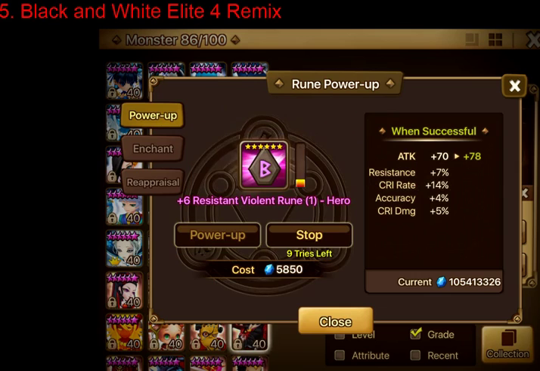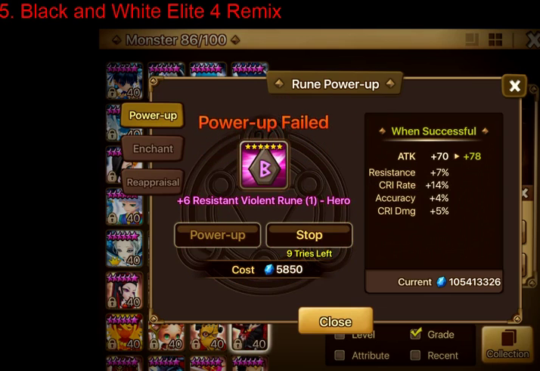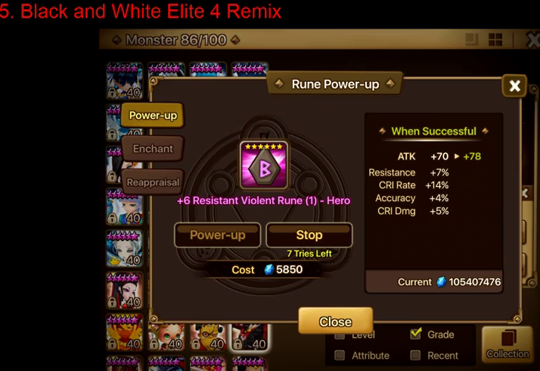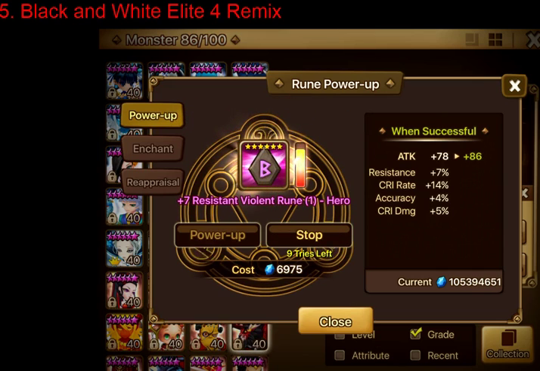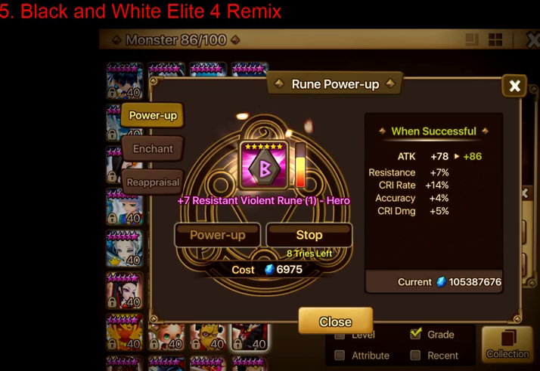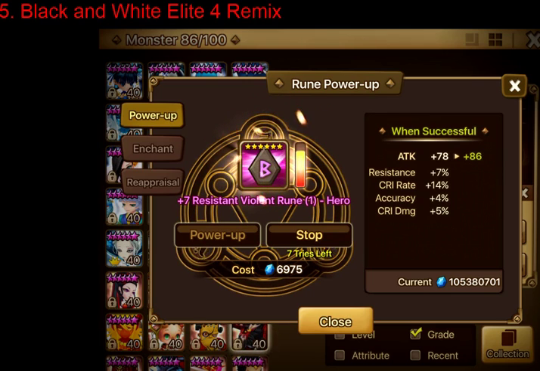Alright, now it's a usable rune. It's not a minimum roll, but can't complain. Actually, not really minimum. It's a medium roll, sorry. But overall, 14% is just below my usual benchmark that I aim for on crit rate. But it's at least usable. Can't complain. If I go into accuracy,